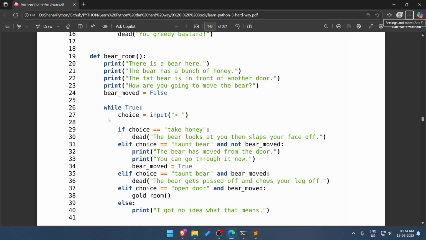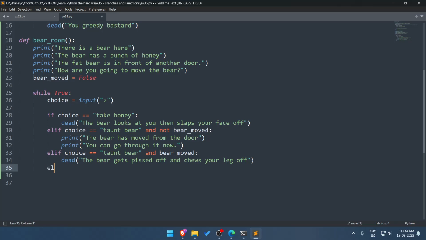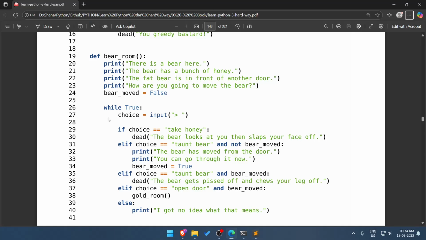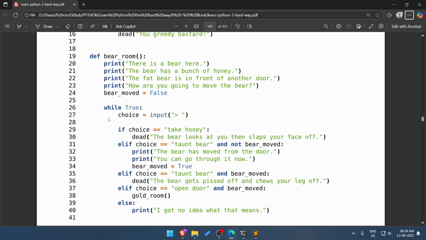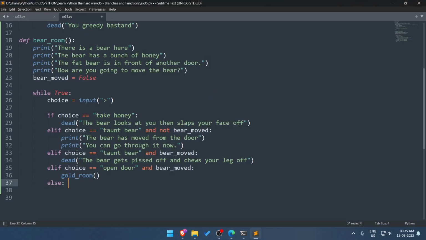Then we have elif choice equals open door and bear moved. Then we can say go to gold room. Else, "I got no idea what that means."